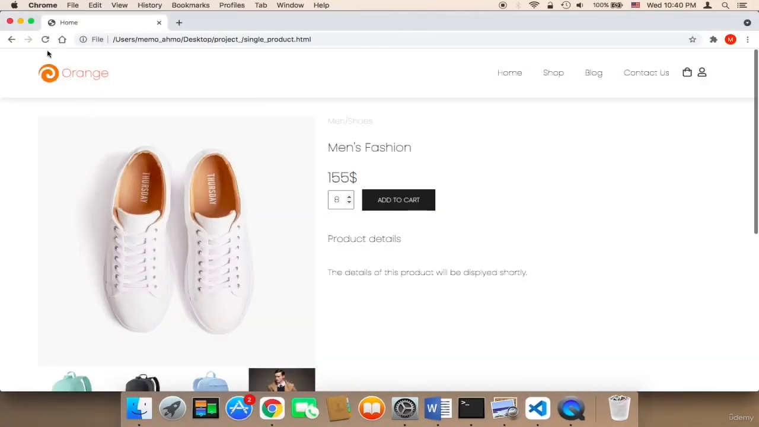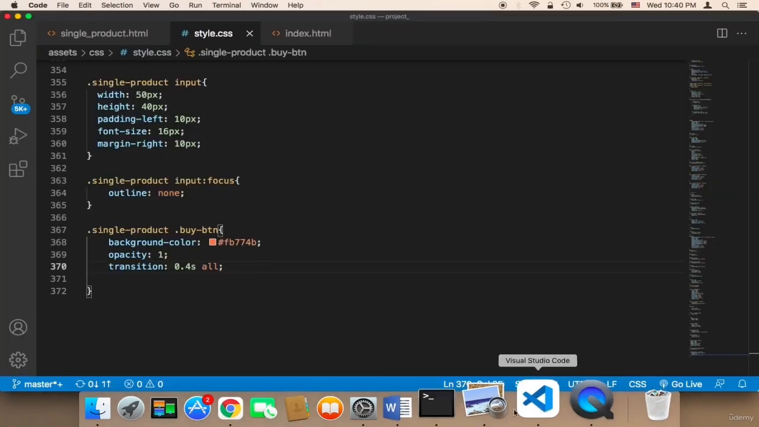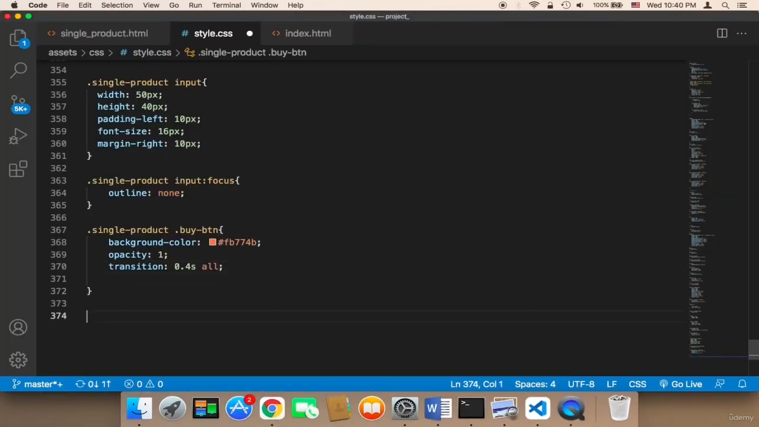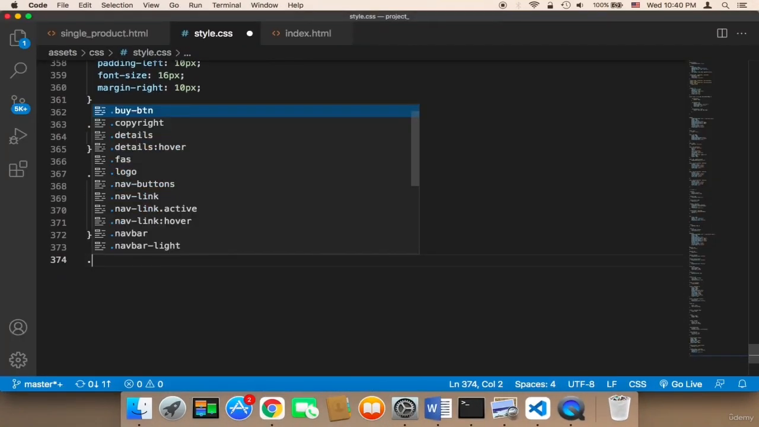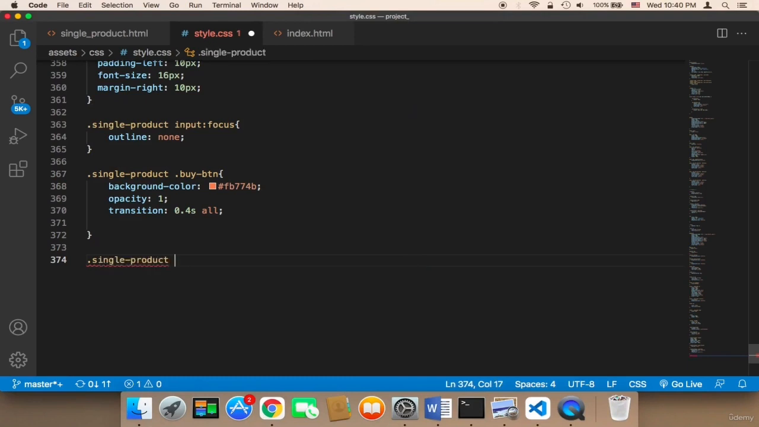Let's save and refresh, and as you can see, it's gonna be orange. Let's also change the hover. So I'm gonna add a hover effect to it. I'm gonna say single product dot buy button, and then hover,